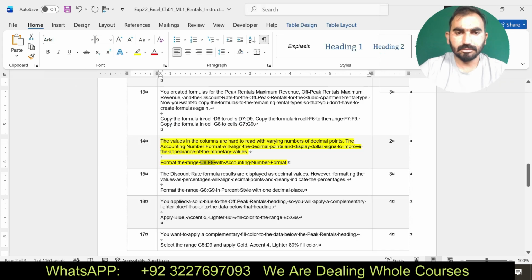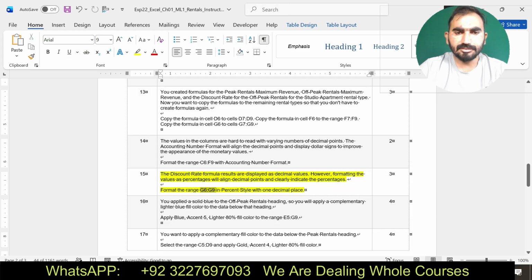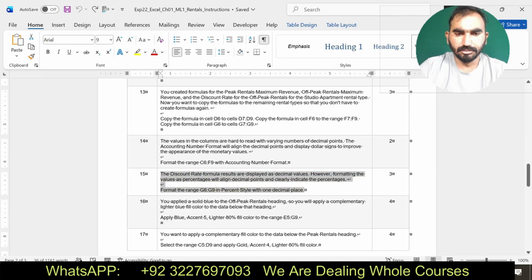Format the ranges G6 to G9 in percentage style with 1 decimal place.